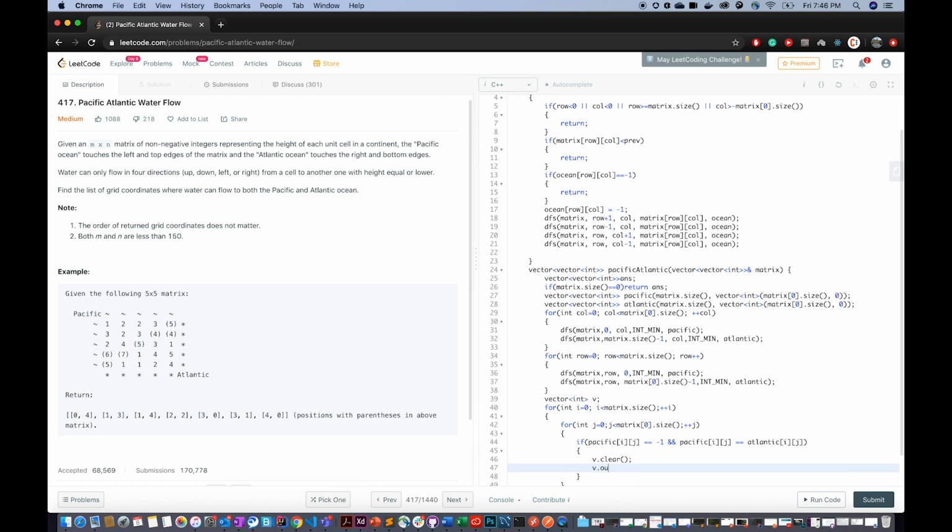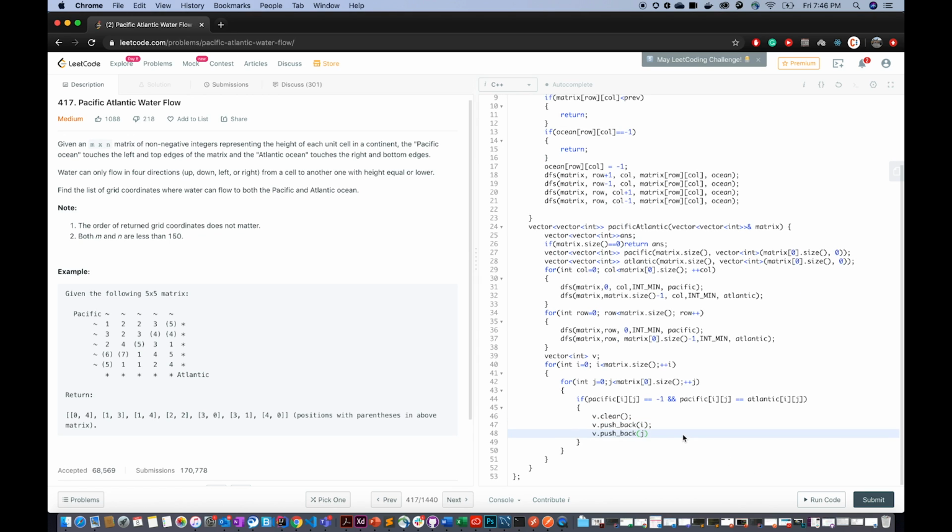Then v.push_back(i) and v.push_back(j), and finally answer.push_back(v). All right, and finally here I'm going to return my answer.